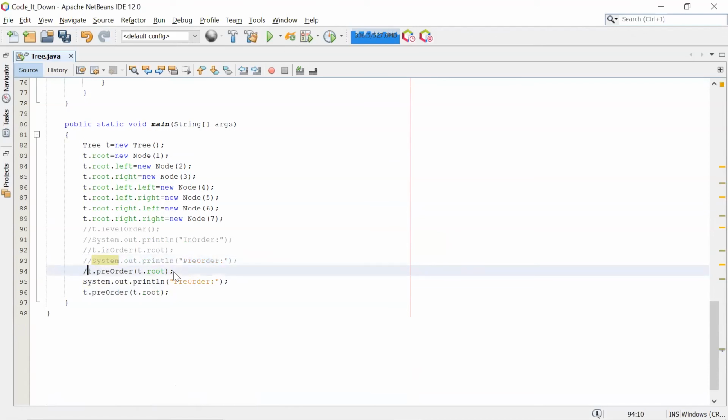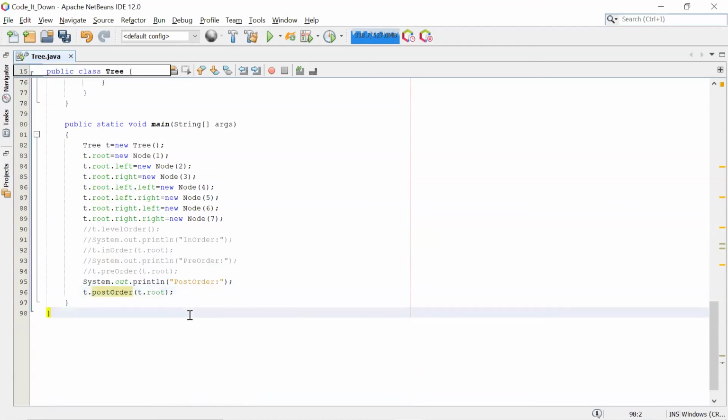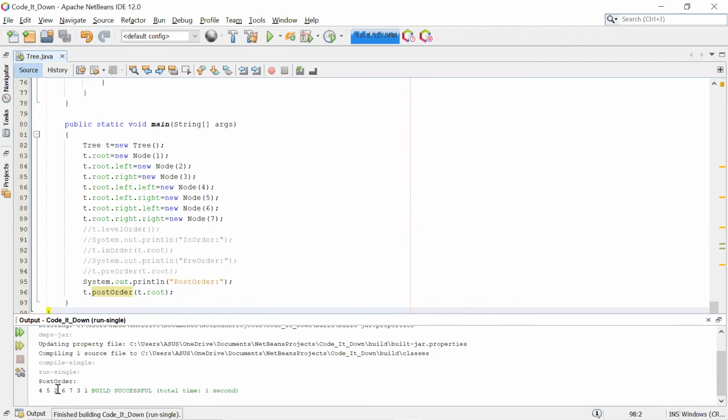Let me show you how this code works. Post-order, right? See, first the left subtree, then the right subtree, and then the data.